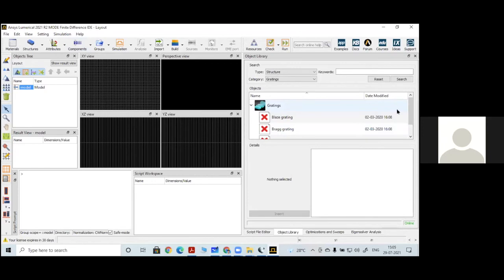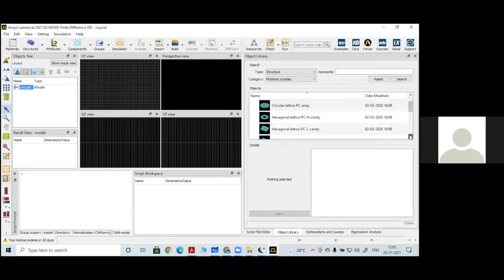Many gratings are available; if you click on the grating, so many grating structures are available. But you have to look into whether your structure resembles any of the standard gratings already available in the library. If it does not resemble any standard structure, then you can create your own structure using this tool. Next, we have photonic crystals.